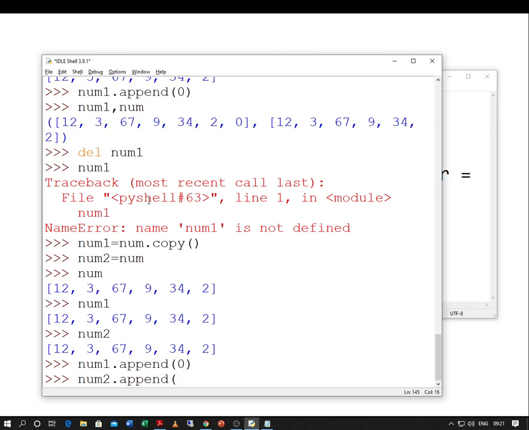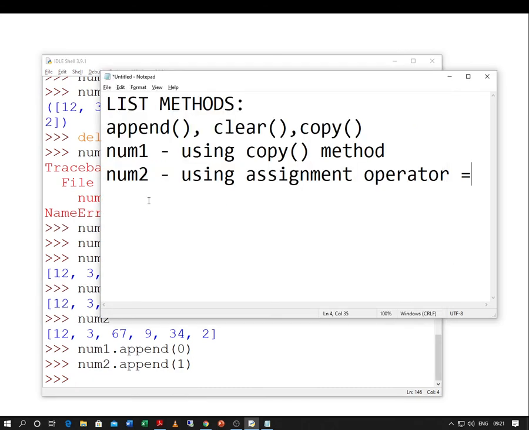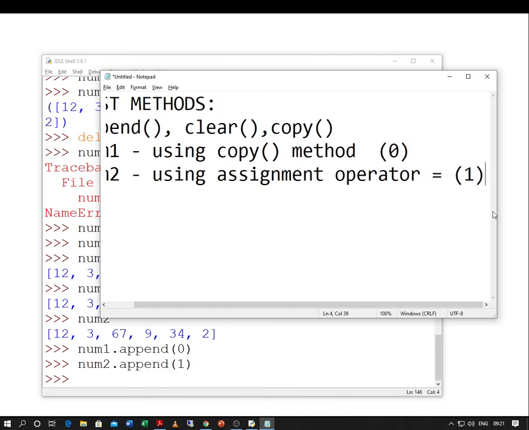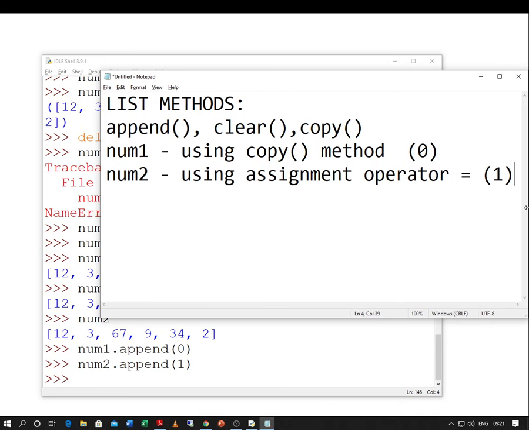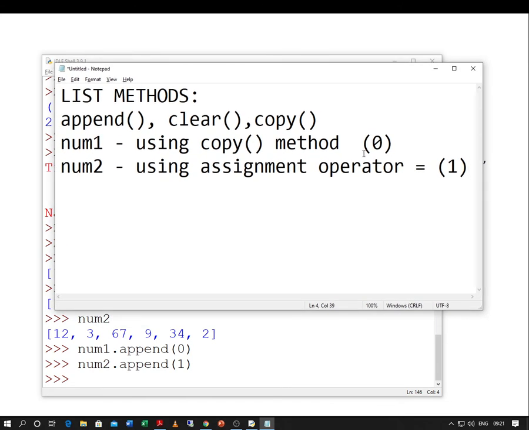In fact, 1 is not there, so that will be easier for us to remember. Now what we have done, we have appended which value over here? Using num1 we have added 0, and over here we have added 1. Using append, we have added 0 to num1, we have added 1 to num2.